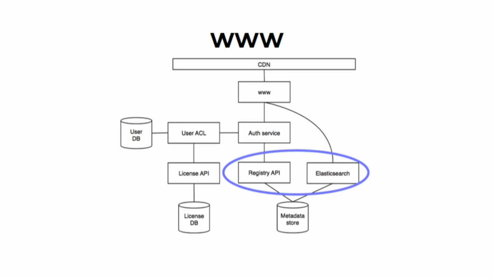Nearly out of time. Next is the website, and this is where SOA really begins to pay off because there's almost nothing new here. Everything else here you've seen before. The only new things are the registry API and Elasticsearch. These are two new followers. The registry API is following everything in the database, and it's turning it into a relational registry because Couch is not a very good database. It's really only good at being an event queue, so you can't really query it very efficiently. But relational databases, they're really good at being queried, so we copy everything into a relational database, and that is what serves the website. The other one is Elasticsearch. Elasticsearch is another database optimized for search, and there's a follower that fills it up with stuff without having to do a direct copy all the time.